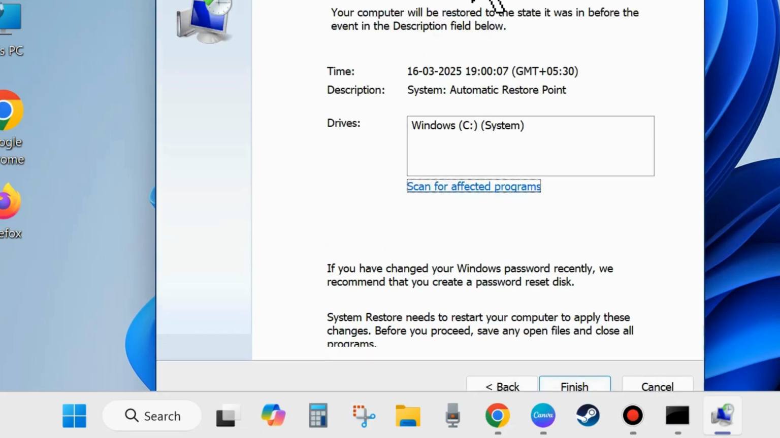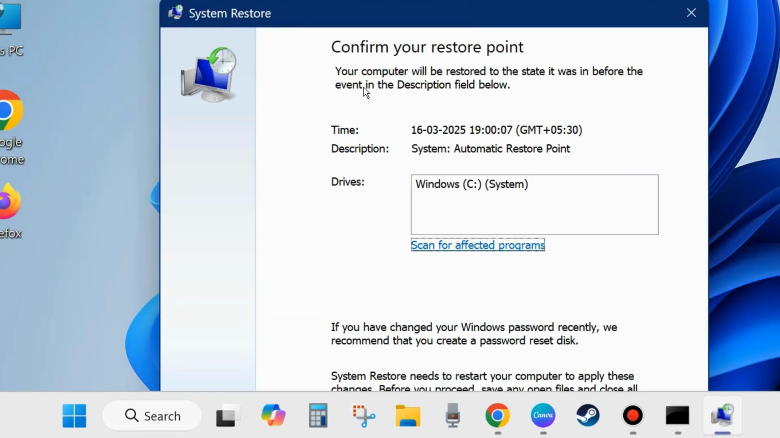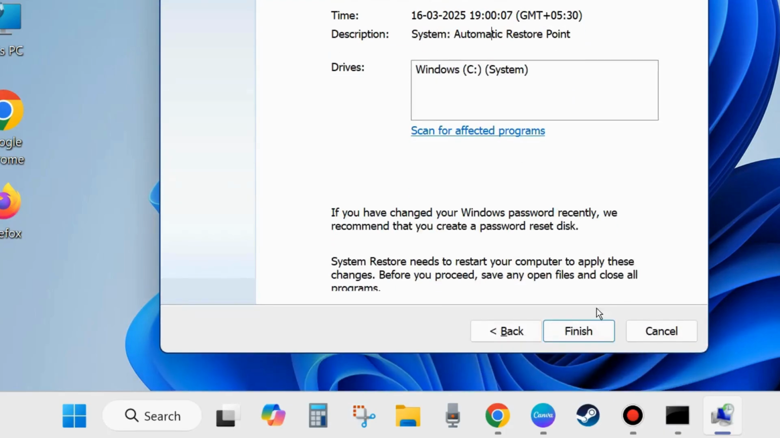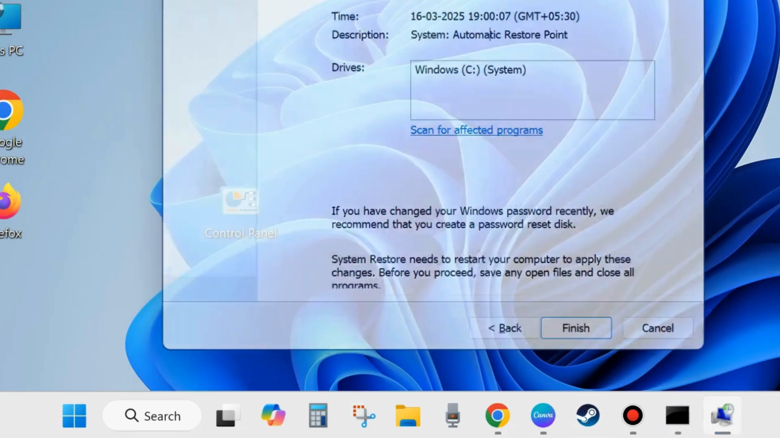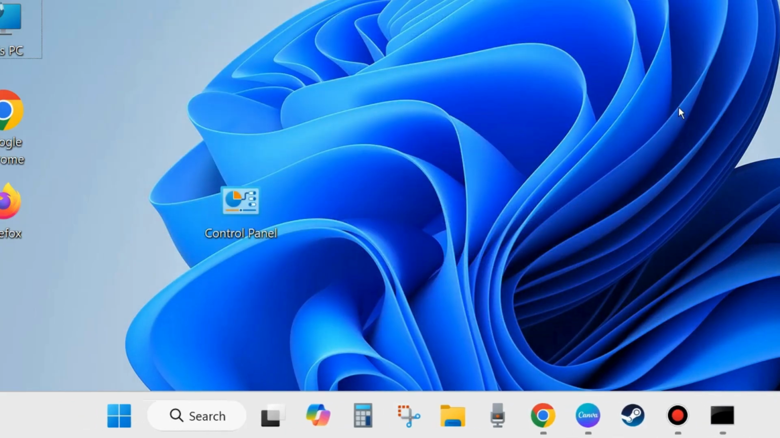Finally, confirm your restore point. On the next page, your computer will be restored to the state it was in before the event, as shown in the description field below. Your system will be back. And finally, click on finish to confirm your restoration point. After that, follow the on-screen instructions to complete the process. Your error definitely will